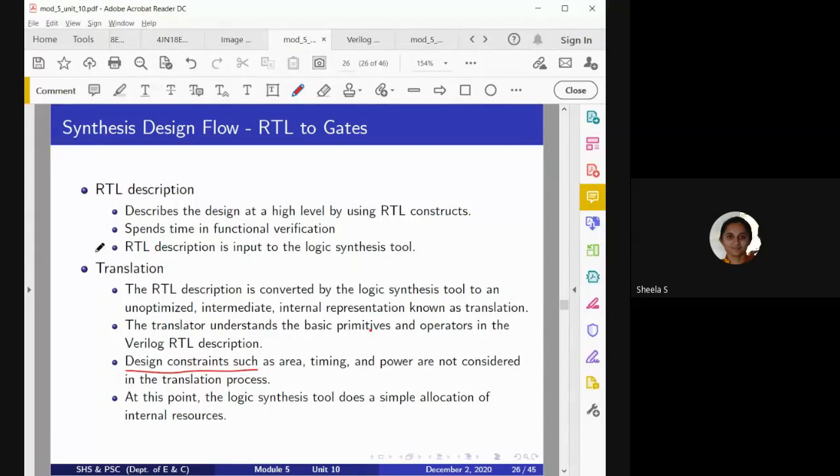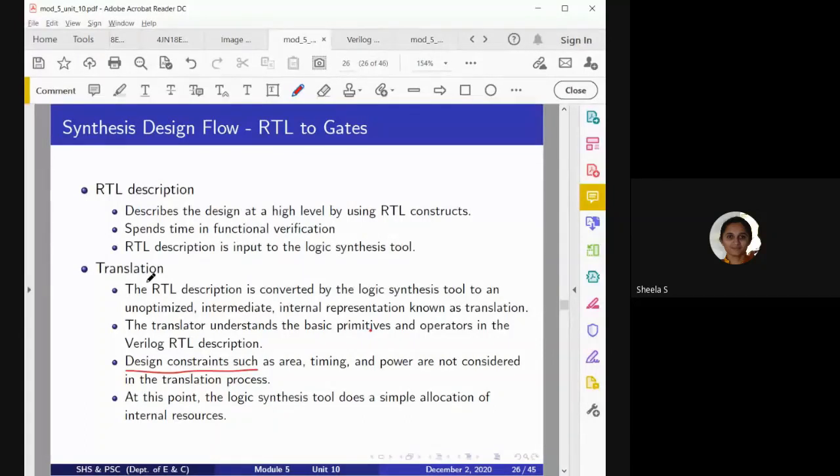First, it will translate. Translate means whatever program we have written, every statement will be analyzed, and then it will work out which particular gates or which particular operations the corresponding circuit can be built with.